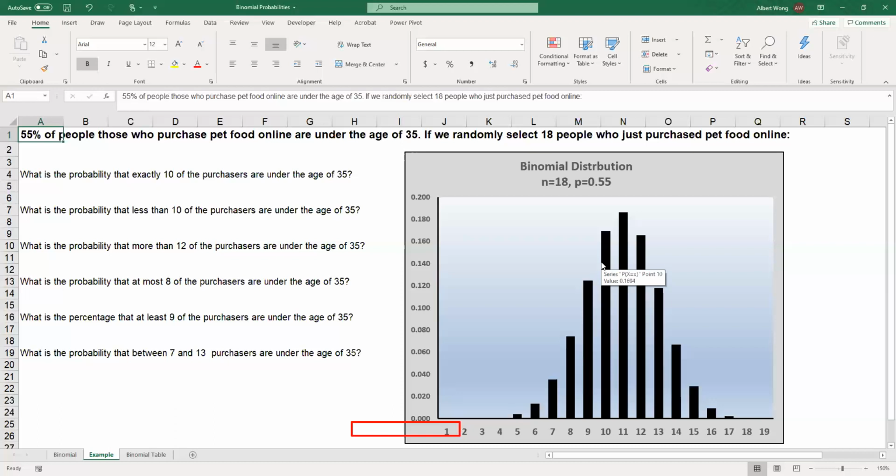The trials are identical with the same probabilities and have 2 possible outcomes. What are the 2 possible outcomes? They're either under the age of 35 or not. So by checking the 4 conditions, you can confirm that this experiment is a binomial experiment, and therefore the random variable that we're going to define to be x is the number of purchasers who